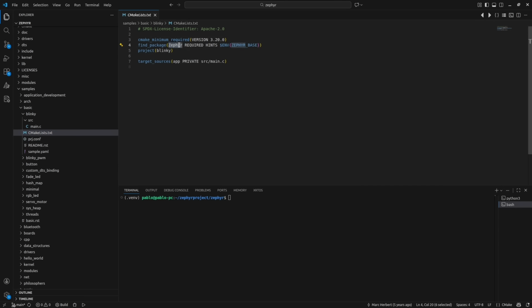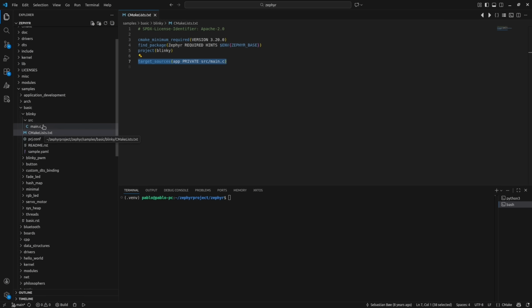After that, we use find_package to locate and load the Zephyr build system using ZEPHYR_BASE. We need ZEPHYR_BASE so that CMake knows where Zephyr is located and can automatically integrate the kernel, drivers, configuration, and hardware into the application. In this line, we are defining the application project name. Finally, we add main.c as the source file of the application.